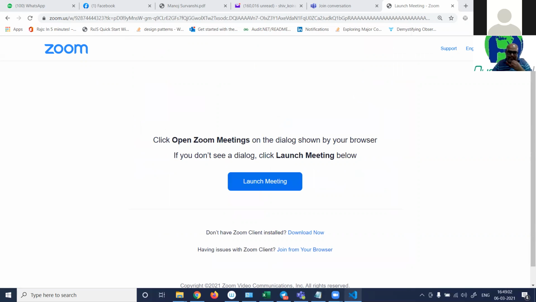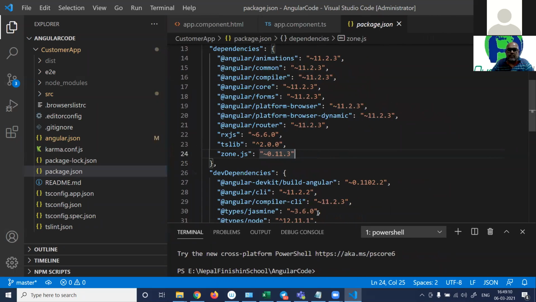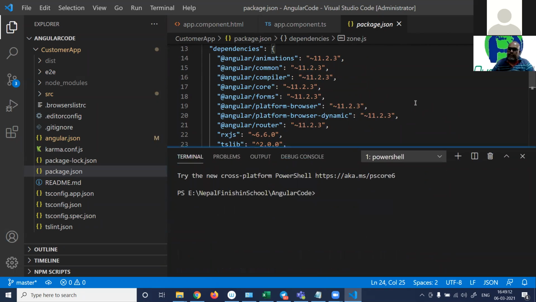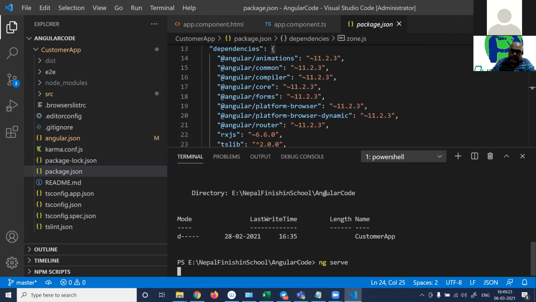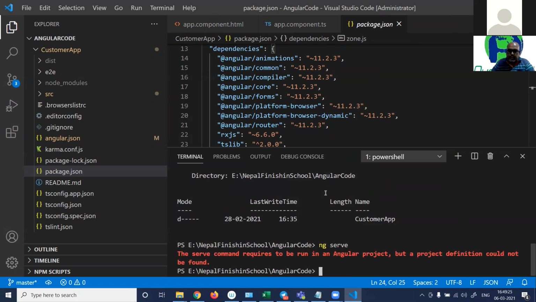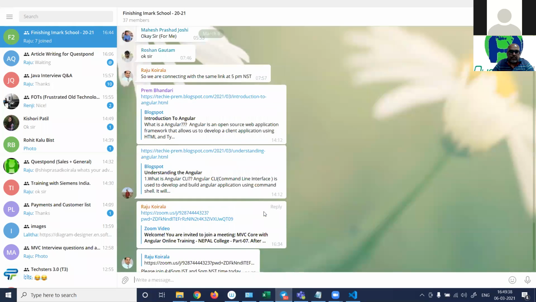Okay, guys. So we created the project and we saw all these things. We did an ng serve also, right? So we did an ng serve, directory cd customer app. Remember, if you do an ng serve here, it creates a problem. So we have to first go into the customer app and then do an ng serve. This is where the compilation starts, right? And I had given some questions also, and I know that some of the people have written the answers.